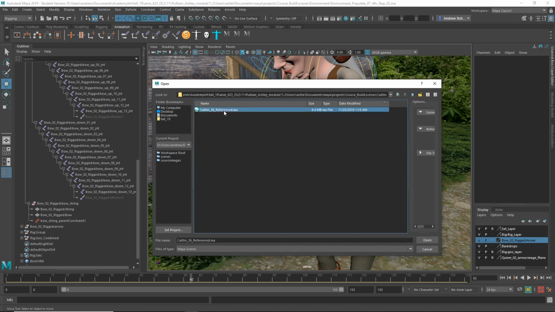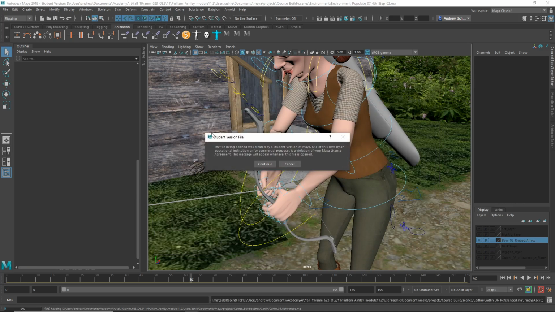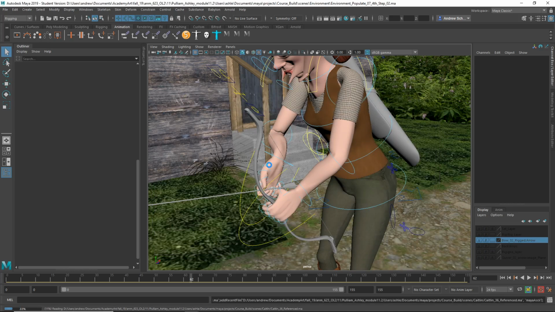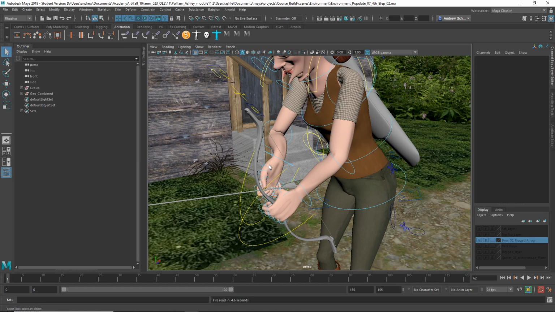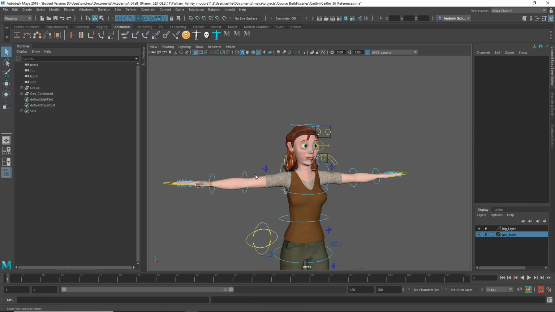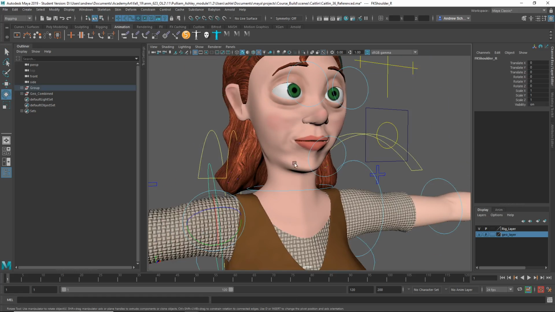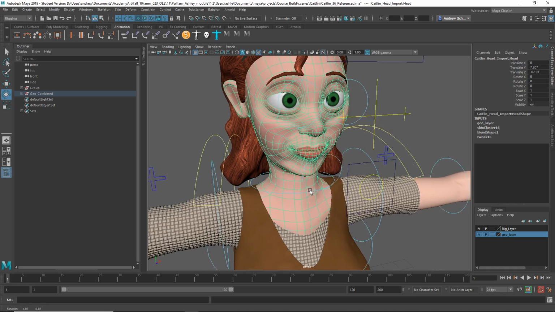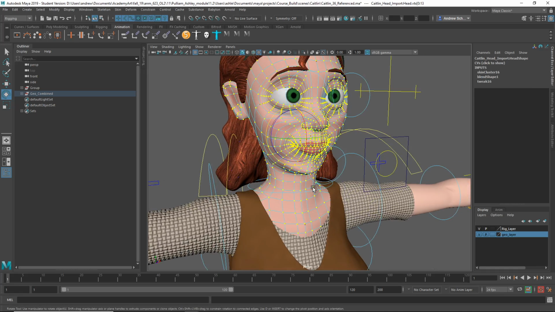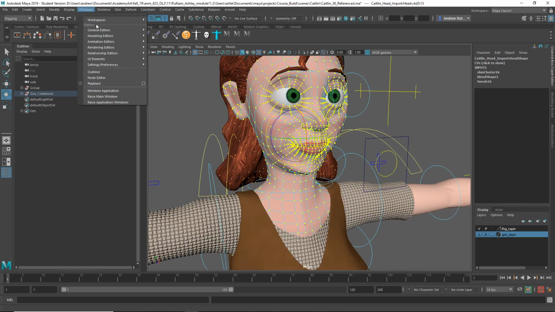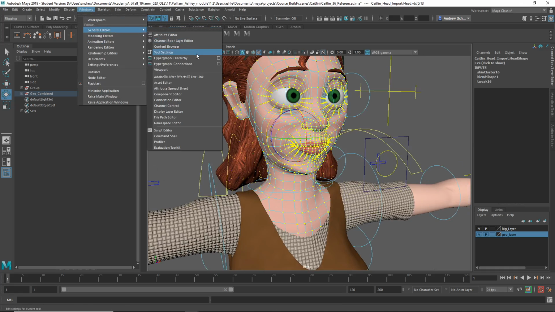Here it is. Okay, I can see the face has some weird stuff on it. So sometimes, if we're lucky, let's Control F9, look at the verts, window, general editors, component editor,